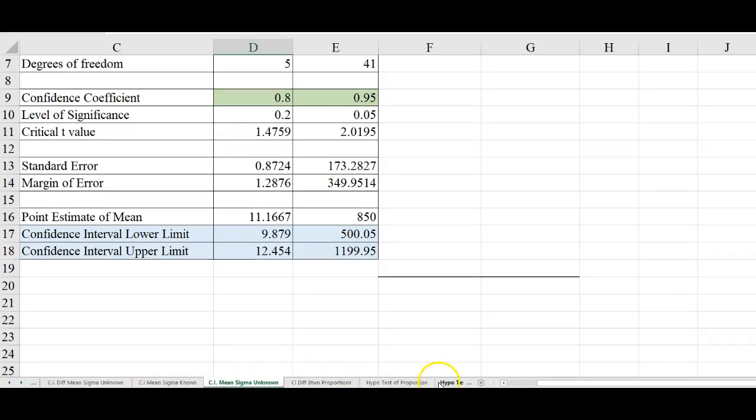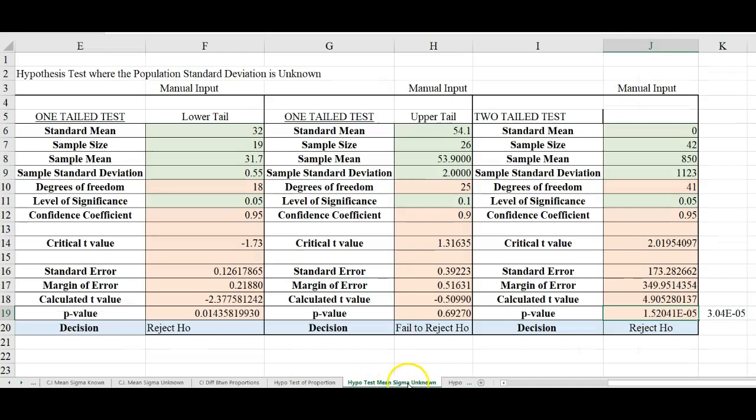the hypothesis test for a mean, sigma unknown. In this case, the standard mean would be 0, sample size 42, sample mean 850, sample standard deviation 1123, 0.05 level of significance, gives us a very small p-value, a calculated t-value of 4.9, with a critical t-value of